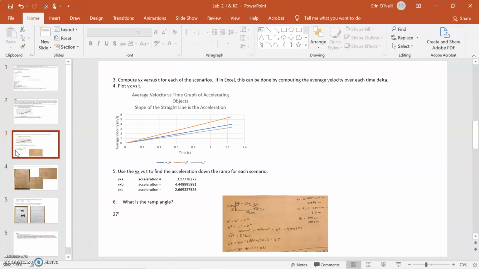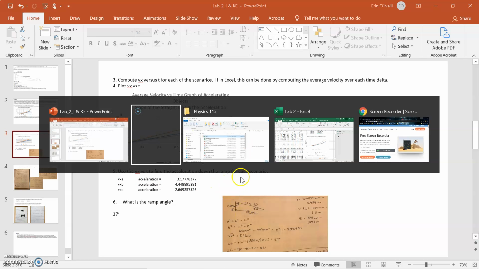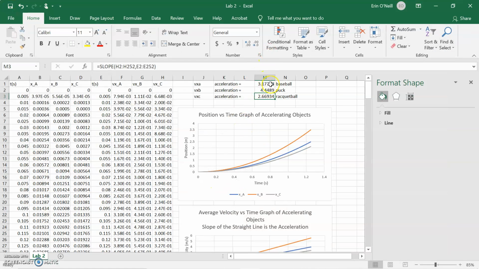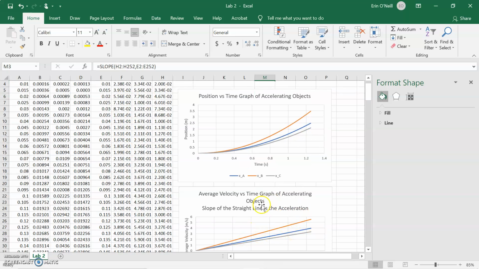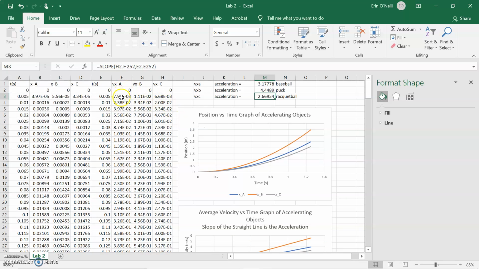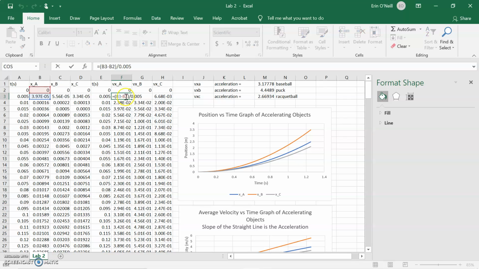So problems 5 and 7, use the x versus t to find the acceleration of the ramp. So, okay, I guess I'll go back to the Excel to show that. So what I did was I found the average slope of each of these. Like I said, the slope gives you the acceleration. And so by finding the slope from like this as it relates to this time,